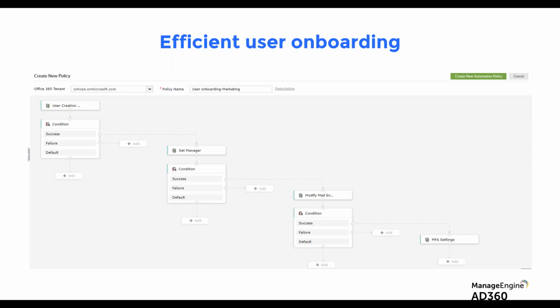When a request pops in from HR through an email with an attached CSV, or from a help desk system, the system can pick up what the requirement is, to which department the user is being onboarded, and go on to effectively provision the user account, not just in Office 365 but in other platforms as well, and get the right attributes set. So I can set conditions right here saying onboard user, set manager, set mail properties, add user to specific groups, add multi-factor authentication to that specific user. You can go on, the permutations and combinations are endless.